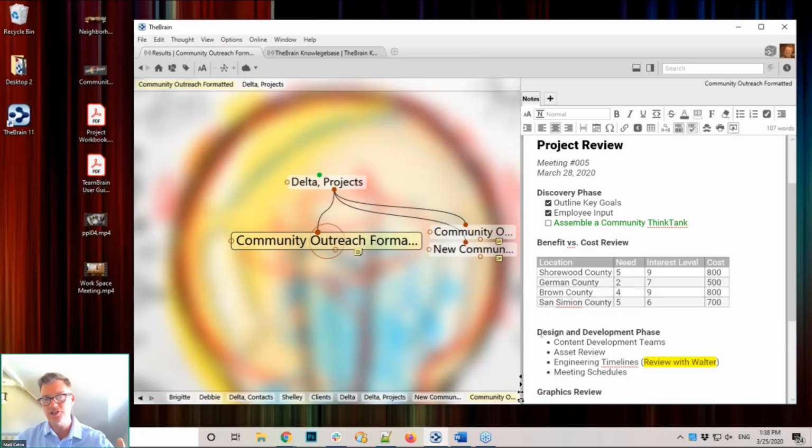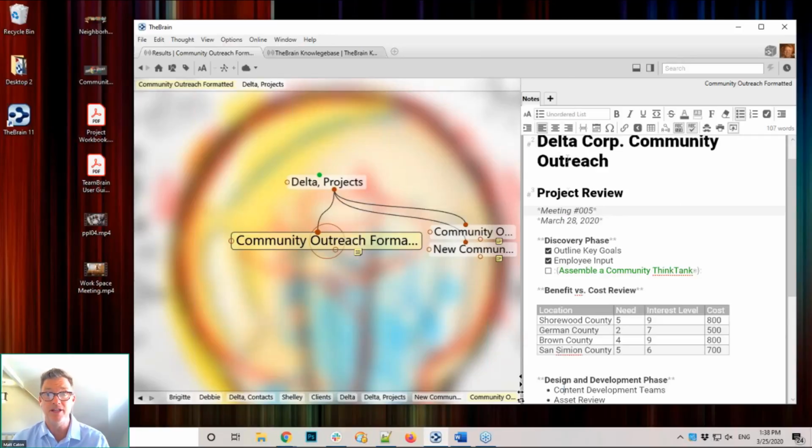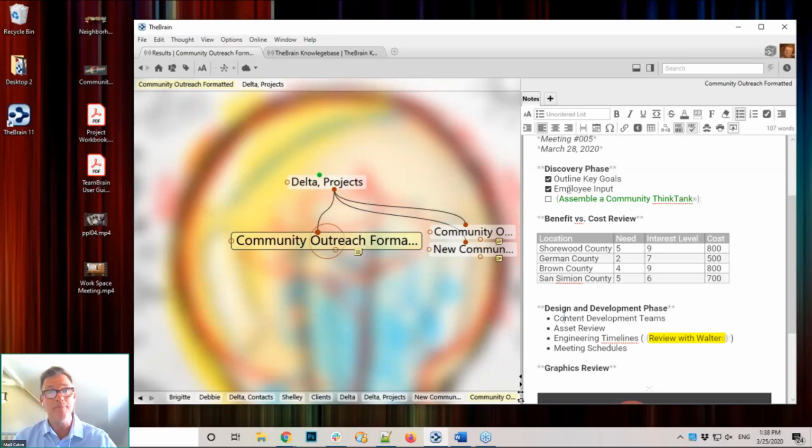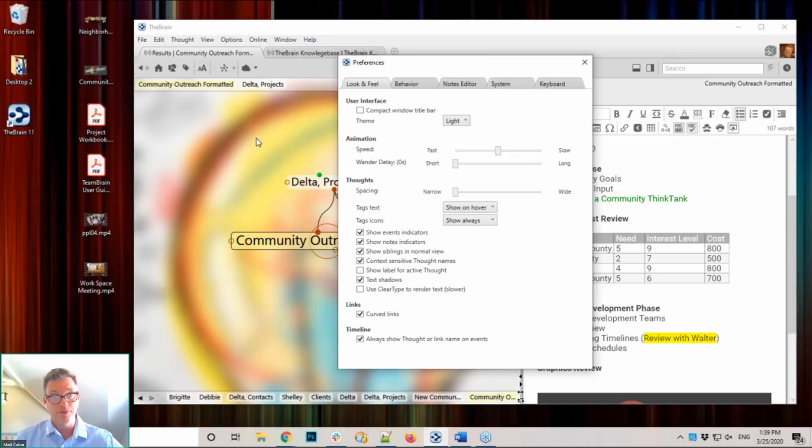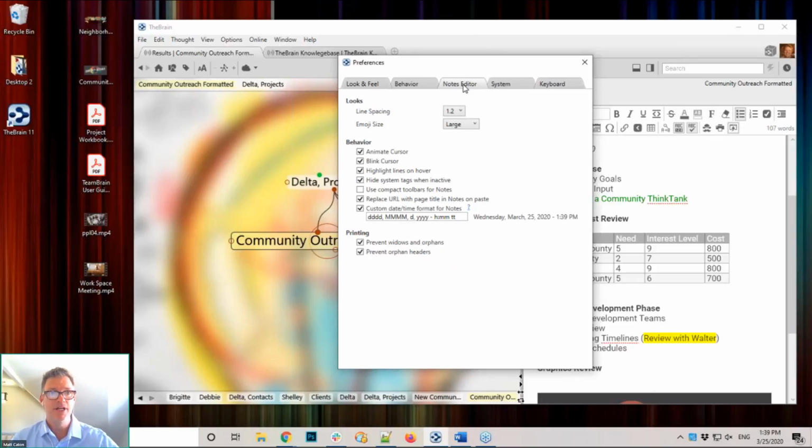And again, when my cursor is not in the note, the markdown tags or the syntax is not visible. But when I click into the notes, you can see some of that syntax does become available. That might actually be good to note, because a couple people have said they can't see the notes the way you're seeing them. So okay, there is a setting in the brain, and let me share that with you now. I'm going to click on Options and go into Preferences. If you're a Mac user, click on the Brain Preferences, and there is a new tab in version 11